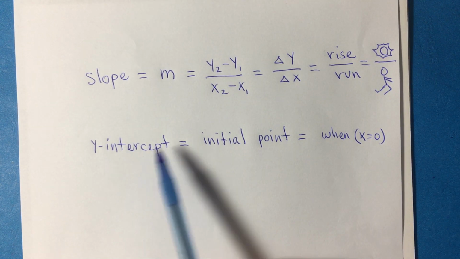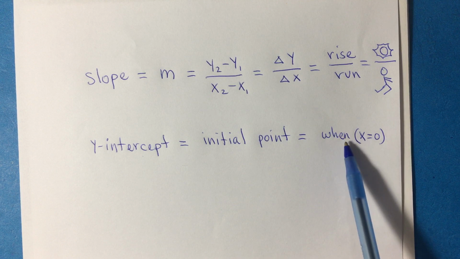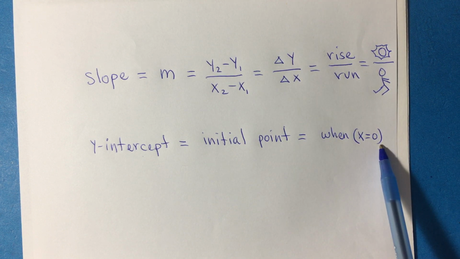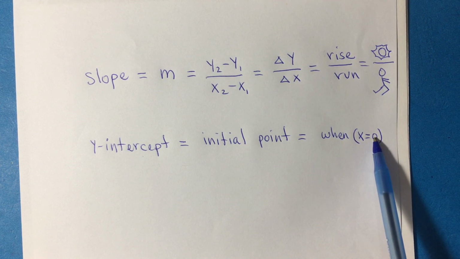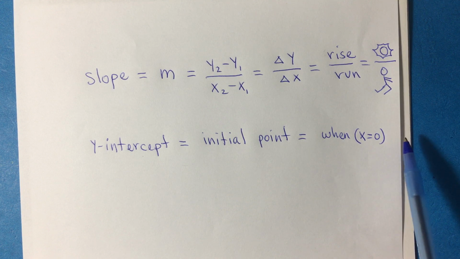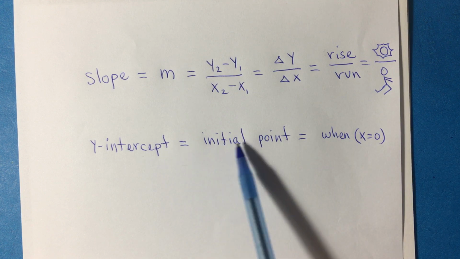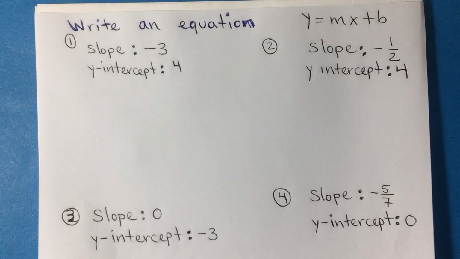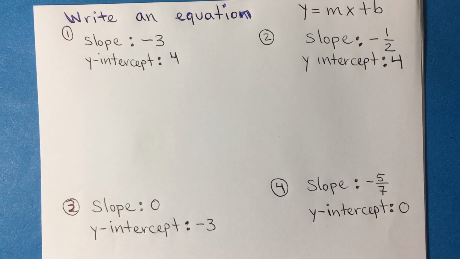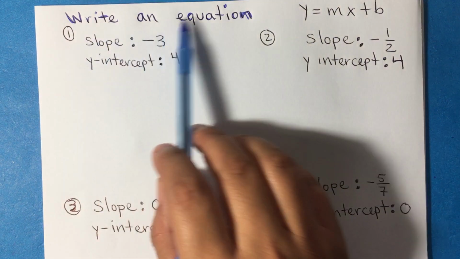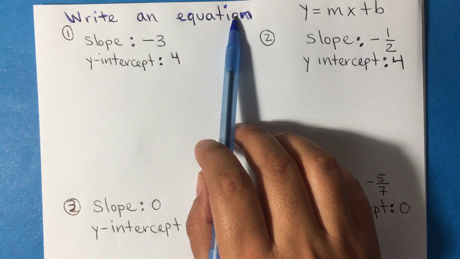The y-intercept is the initial point, and it's also when x equals 0. So anytime you see 0 for x, then the value that you are given for y, that's your y-intercept or your initial point. Okay, knowing that information, now we can derive our equations, write an equation in slope-intercept form, and